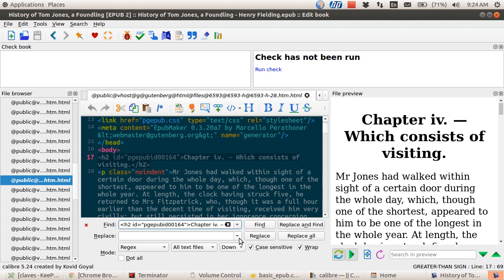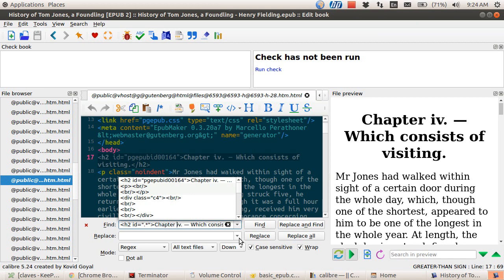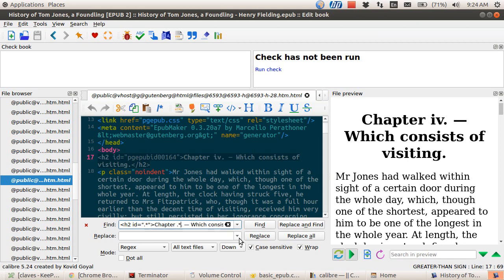So what I think I want to do is change this ID equals to dot asterisk. That will match anything that's inside the ID tags. I want to put parentheses around this. Well, let's deal with the parentheses later. So, and now let's change this chapter whatever to, how do I want to do it? Well, I'll do it